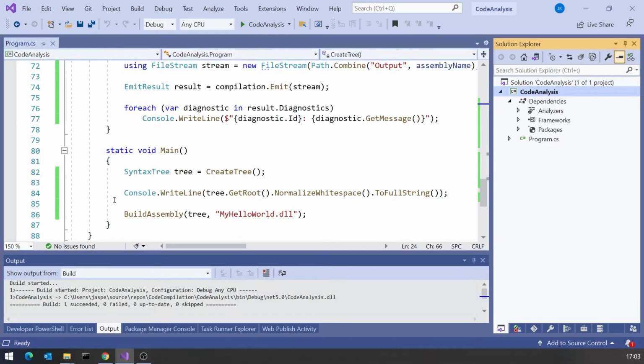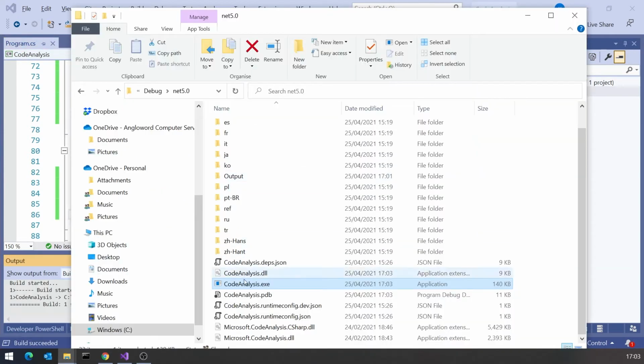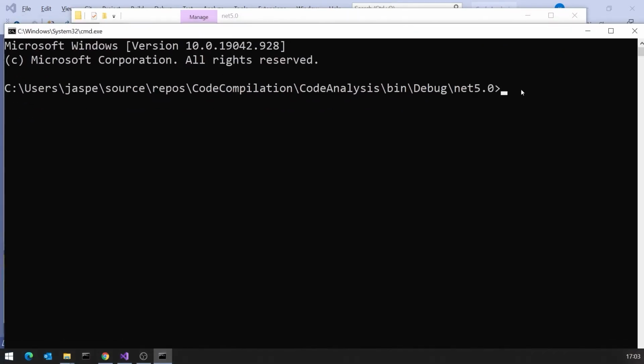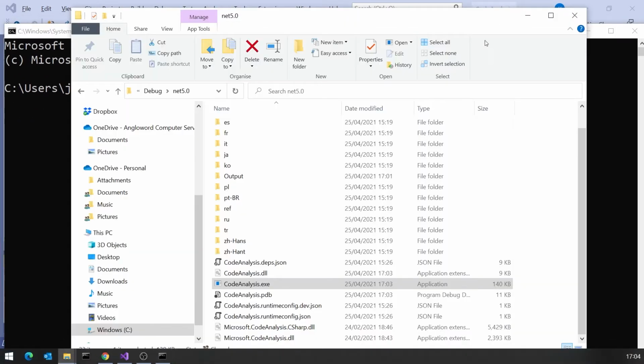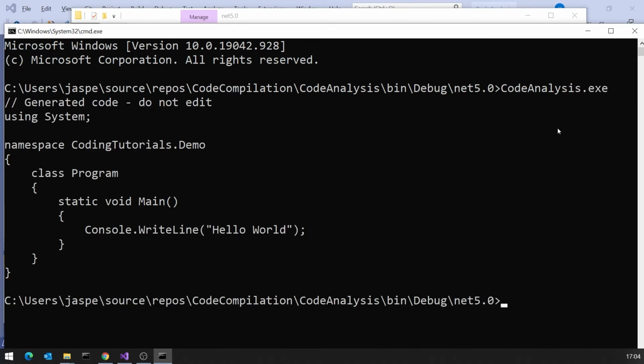And if I just show an example of that, if you just go back to the code and for now get rid of that build assembly. If I now go into here and bring up a command prompt, and if I obviously type the name of the executable, CodeAnalysis.exe, then we see the output, which is the text of that.